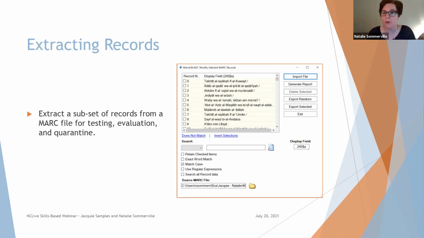So when you have a file open, as we saw in the first video, you can go to File and choose Select Records to Edit. Be aware that this functionality guides you nicely through the process, but it will ask you to start by importing the file that you want to select records from. That's usually the file that you already have open, but you do have to tell MarcEdit to import that file